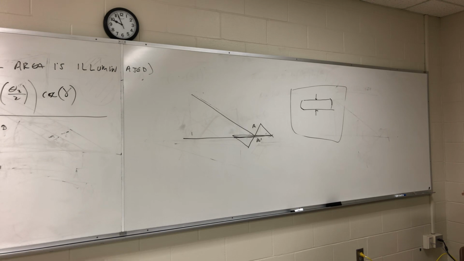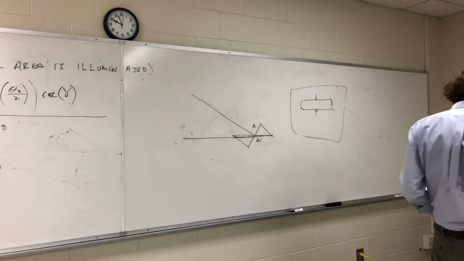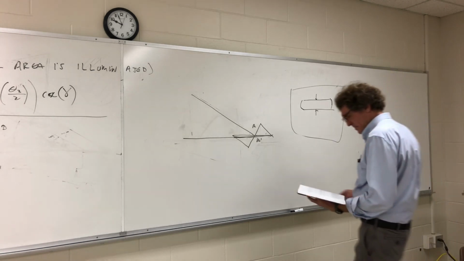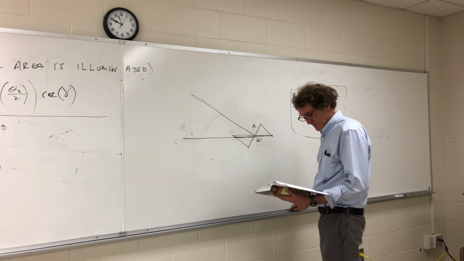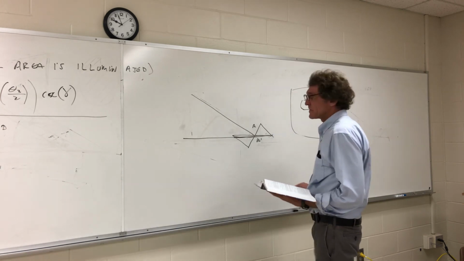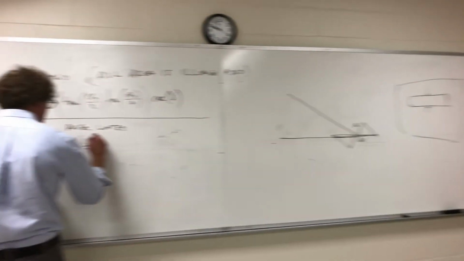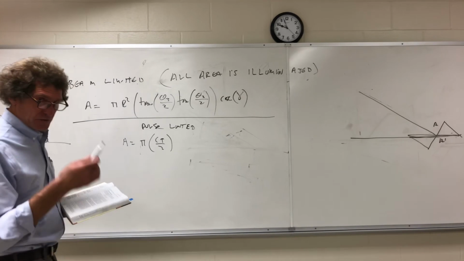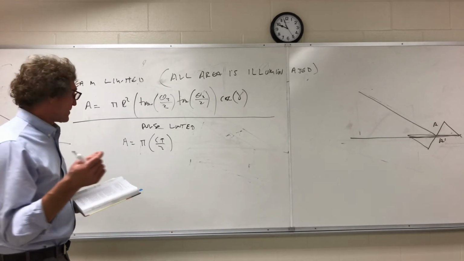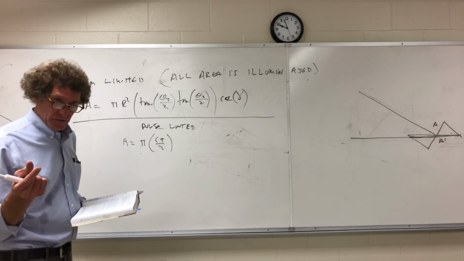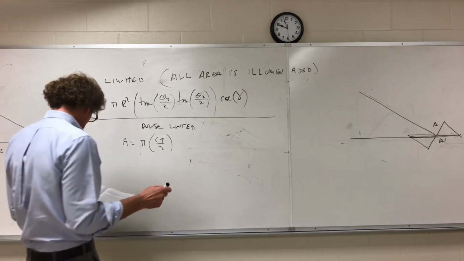The bottom has the one I've shown. Then for the one that's pulse limited, he's got it on page 170. And I'm going to put equation 5.9 down. For pulse limited, it becomes pi times c tau over 2. I'll tell you why it's c tau over 2: because when we hit, it's reflected. Remember that if you take c tau over 2, that's the range resolution. So it's going to have that, and then it's going to have